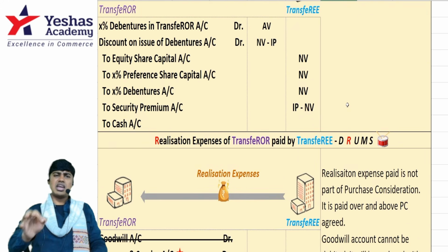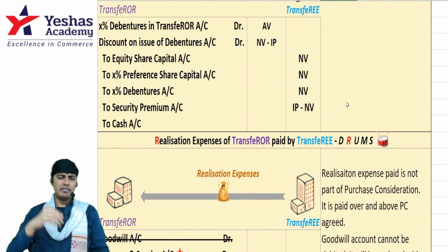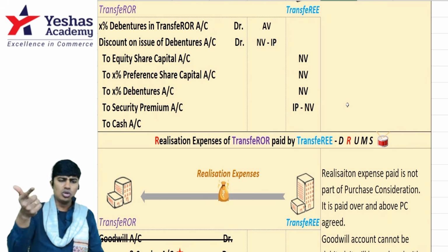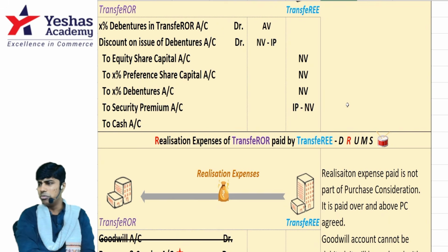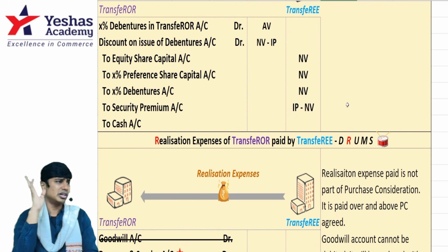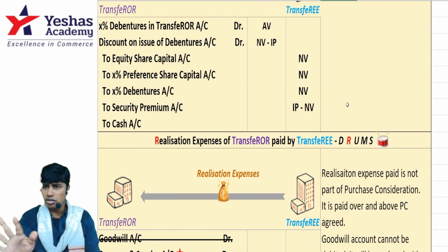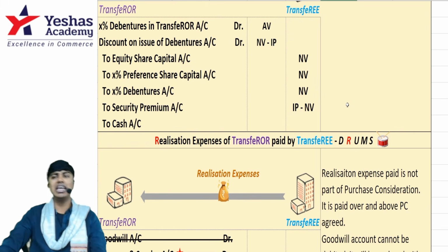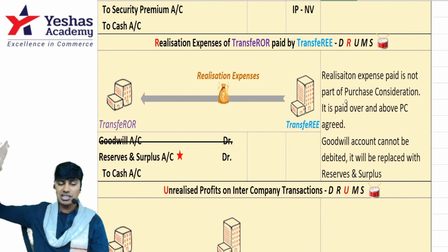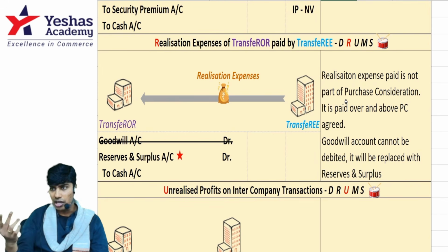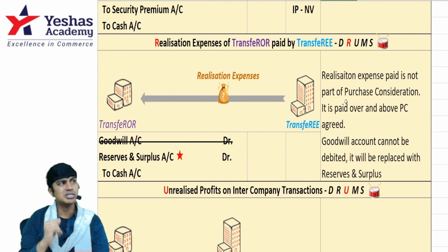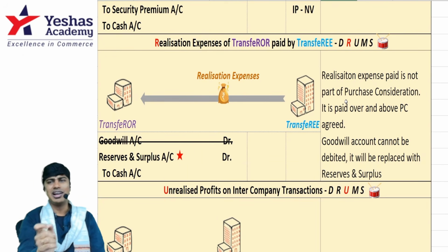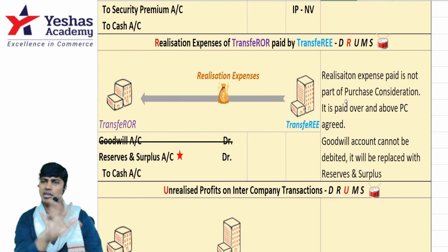Debenture entry is the same as what we have done in the past. We'll write debenture account debit to equity share capital, to preference capital, to debenture. Whatever you give, if you issued at a premium, credit securities premium. If you issued at a discount, debit it. Same entry. There's no doubt here. Understood? Debenture done. Realization expense. Transferor's realization expense should have been paid by the transferor. If I, the transferee, pay, I will write the entry: not goodwill to cash. I cannot debit goodwill because this is a merger. In the place of goodwill, I'll debit reserves and surplus. Otherwise, same as the purchase method.